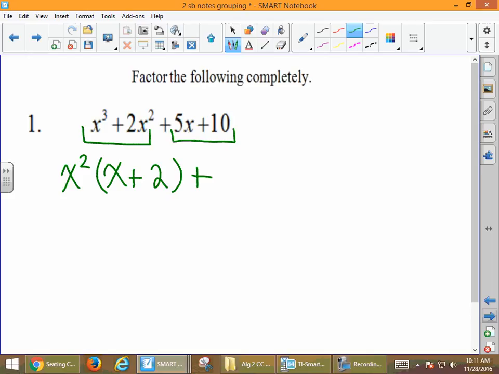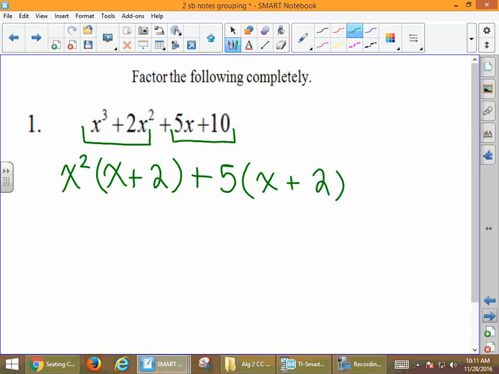We're going to go through that same process in our second group. What's in common between 5x and 10? Our greatest common factor. It's going to be 5. And then 5x divided by 5 is x. 10 divided by 5 is 2. So we used our skills of greatest common factor here to get to this point,